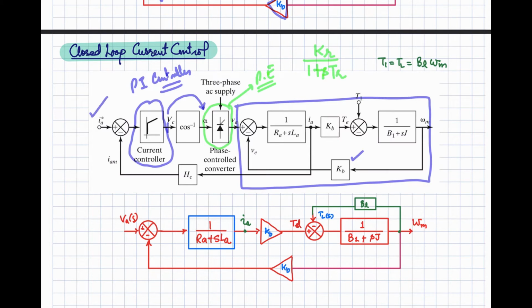So the reference of the current is specified, and to compare it with the actual current, you will have to measure the current that is being injected into your armature from your converter circuit, from this one. So you are going to take the current feedback from here, and this is representing the current sensor, the gain of the current sensor. The current sensor response is quite high, so its delay is usually neglected. So it is just modeled by the constant gain.